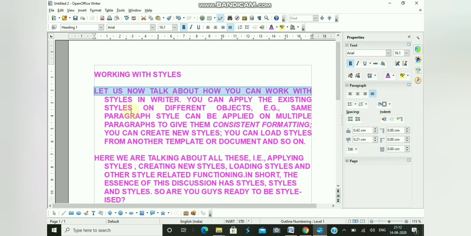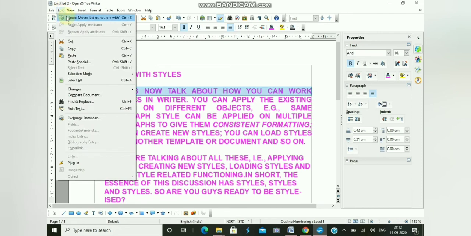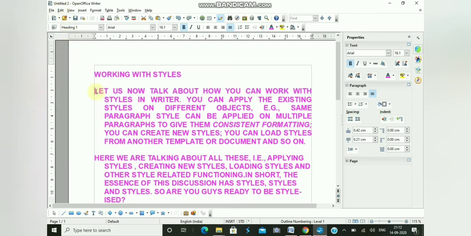Okay, so these are the different ways we can apply indentation to a paragraph, or to the first line of a paragraph. And then we have line spacing. Similarly, if we want to change the spacing between the lines, how can we do it? You just have to select the lines to which you want to apply the spacing. You can change it from the properties dialog box over here, or you can go to the format tab and then click on paragraph.